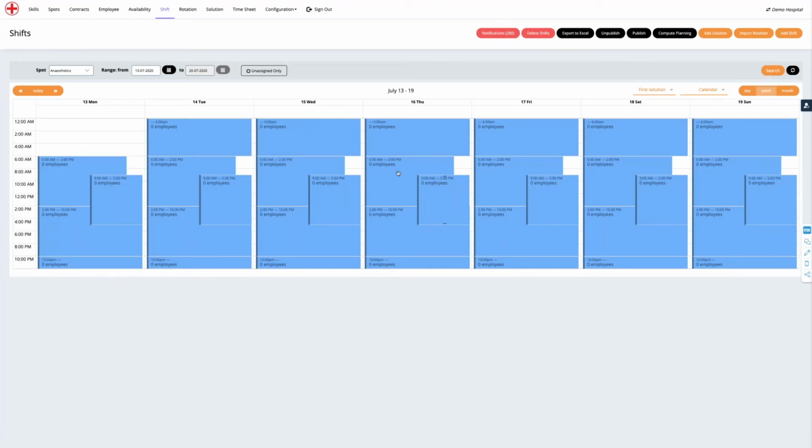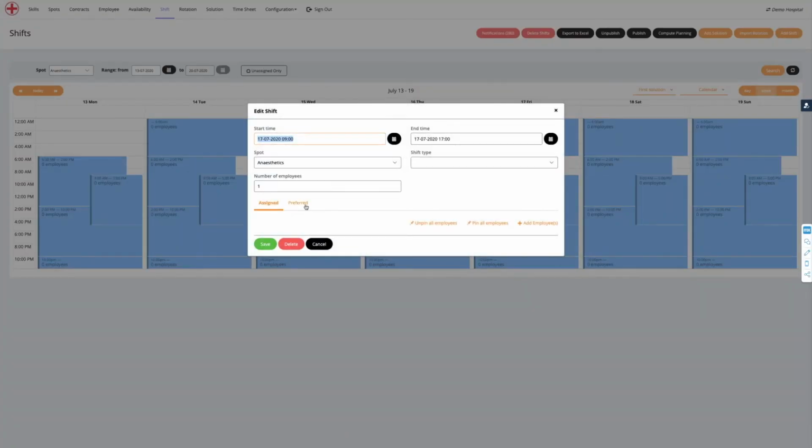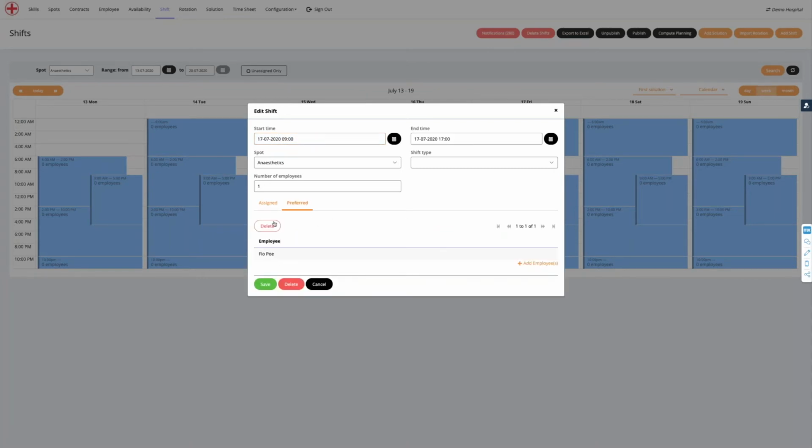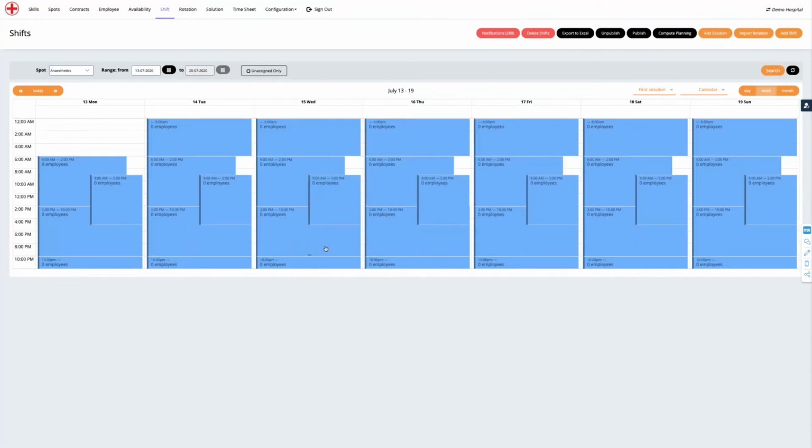So now it's completely empty. You see none of the employees are assigned. We do have preferred employees, but we haven't assigned them yet. So you can see that here as well. It's still empty. We need 1 person. We do have a preference here, probably again Flow, yes, but nobody is assigned yet, and that's what we'll do now. So what we will do is we will push a button here on the top, compute planning,